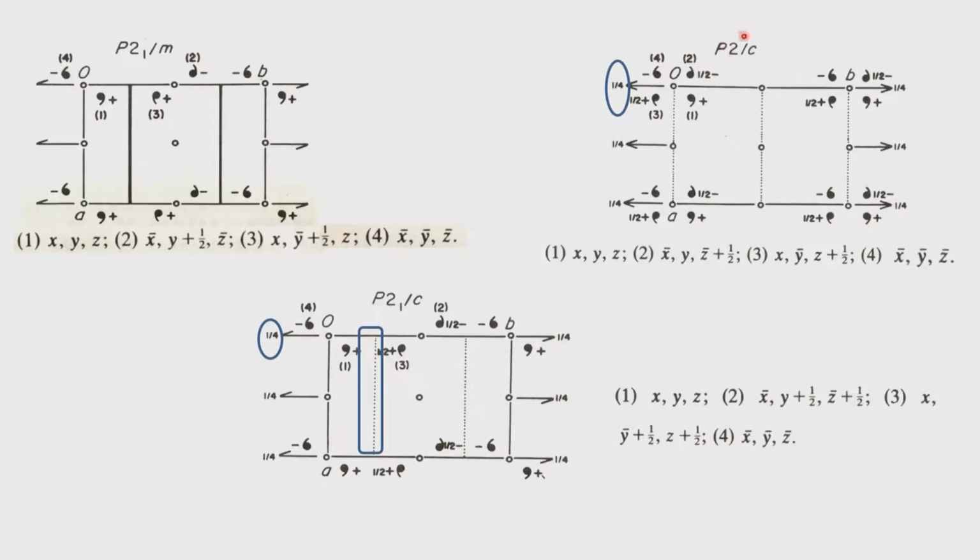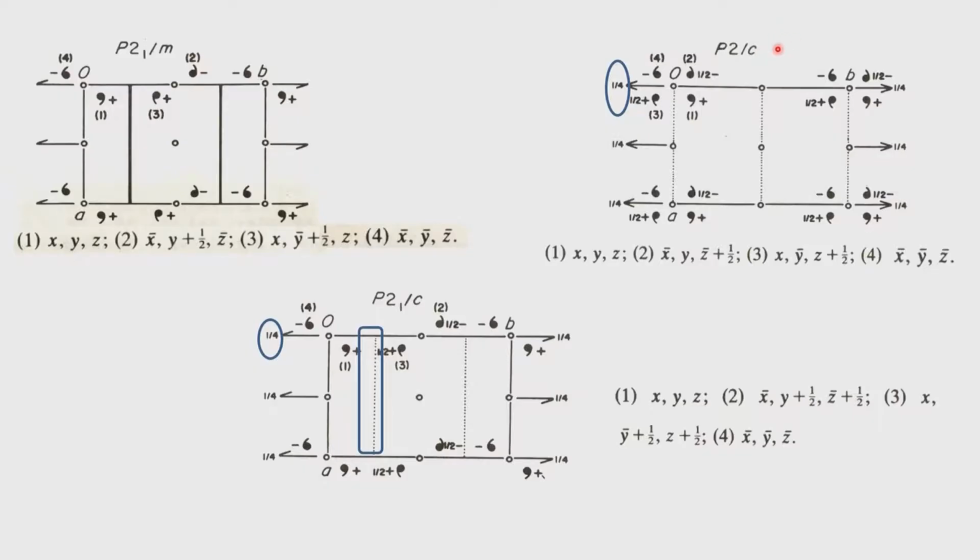So, we say now uniquely by looking at P2 by C, we identify it is a monoclinic system, it is a primitive lattice, and then we can also say the operation of 2 by C, just like 2 by M operation, will give rise to 4 equivalent points. So, by just looking at this, we can anticipate how many equivalent points come. This is in general, and in the unit cell, and it also tells us about the way in which this